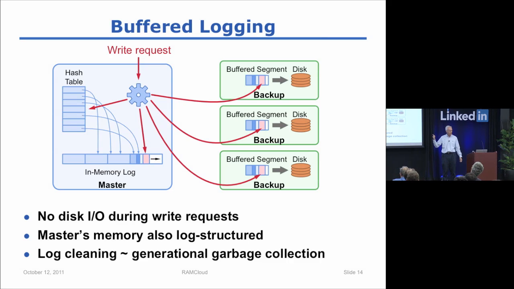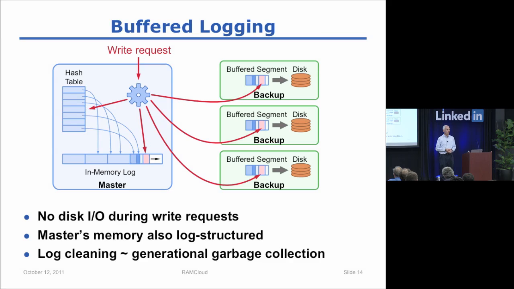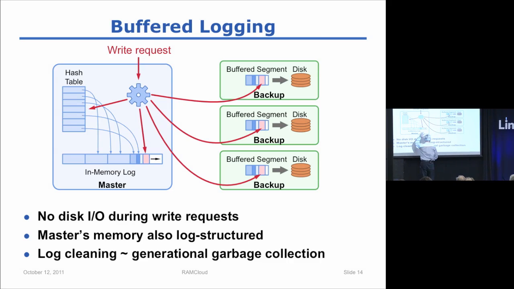Backup recovery is a little bit simpler because it naturally distributes across the whole cluster. If a backup goes down, most likely every single master in the cluster has data on it. That's our goal, to spread every master's data across the whole cluster. So when a backup goes down, the server notifies all of the masters that we lost a backup. Then each server looks through its own table. It knows for each segment where all of the replicas of that segment were stored.